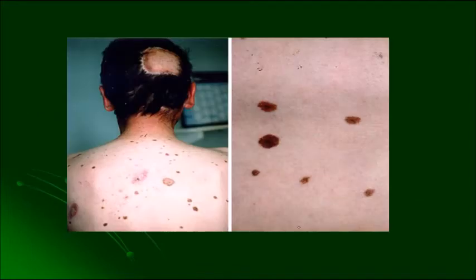Now see this picture. This picture is actually BK mole syndrome. In BK mole syndrome, you can see large pigmented nevi on the skin surface, which can transform into malignant melanoma. This is a classical picture of a BK mole syndrome patient, who has multiple nevi on the skin surface, on the back. So these can transform into what? Malignant melanoma.